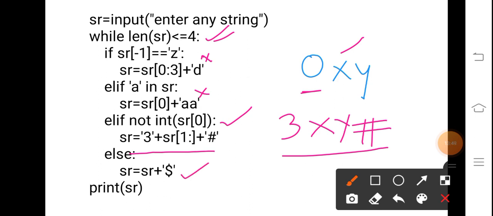And due to this else part, students, this symbol is again added at the end of the string. So this symbol will be added. What will be the value of SR? 3xy hash and $. Again the condition will be checked. This time the condition will be false because the length is now 5. So when we come out of the loop, only this answer will be printed, 3xy hash $.